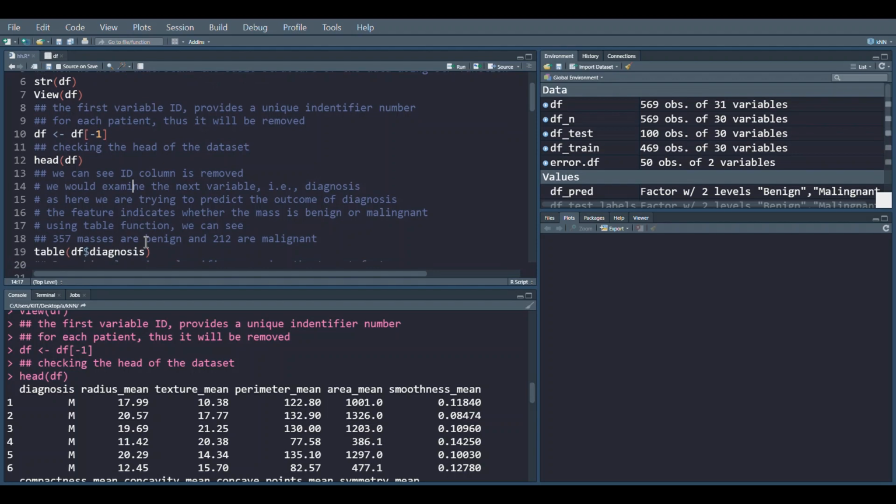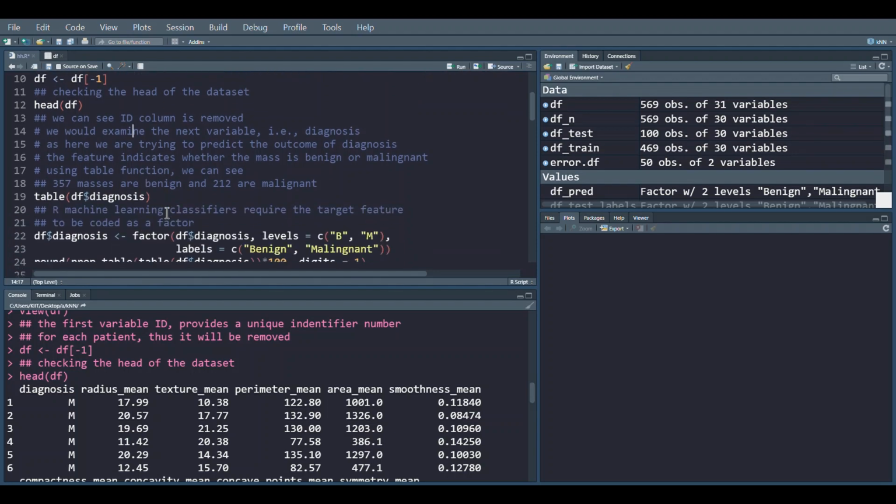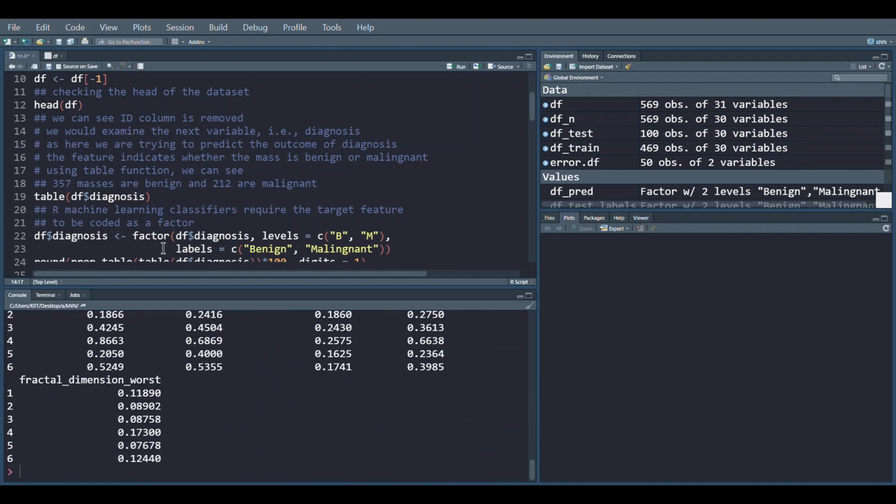Now as the ID column has been removed, we can try to find out how many persons present in the data set have masses which are benign and how many are malignant.